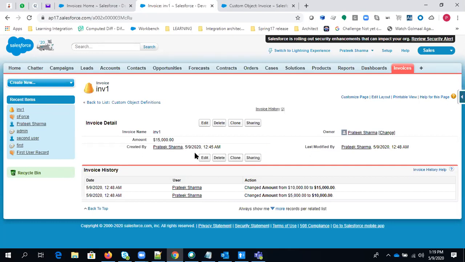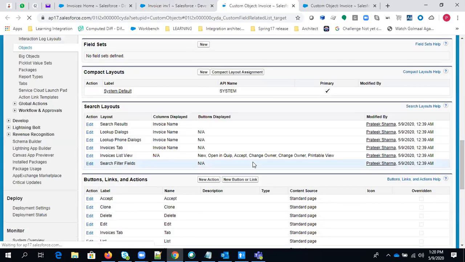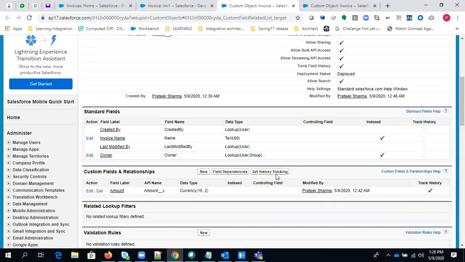So what you can do is simply go to an object, the custom object, and enable field history tracking, and then go to the object here. Here you will get a button called Set History Tracking. If you click on Set History Tracking, you will get all the fields in which you can track the history.